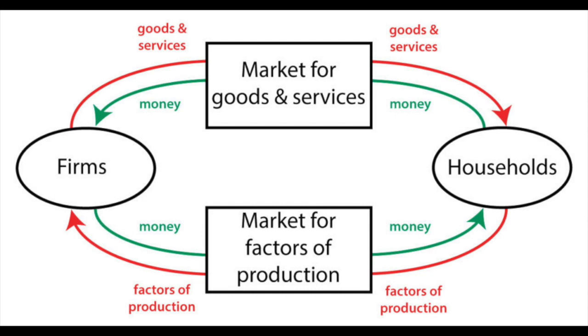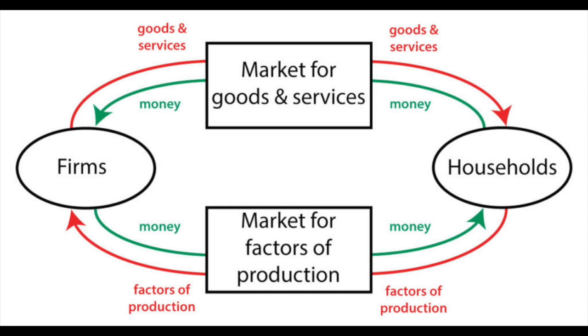Let's start at the household. You live in a household and you go to work. You are a factor of production. And that factor of production, you, brings your household money. That money from your labor comes from the firm or producers that you are working for in order to produce a product or service. If we continue to follow the red line from the firms, we see that these items